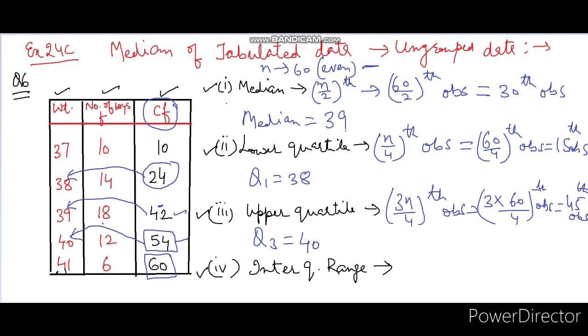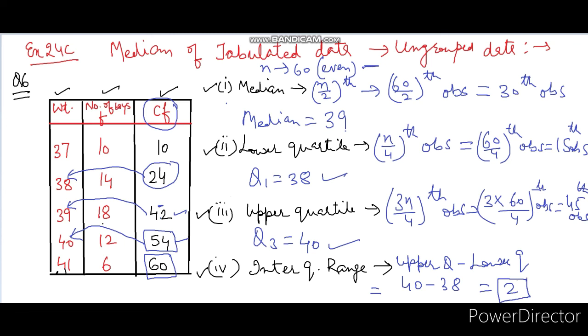So students, please go through the things again, check the formula, put the values. How to check that value in the column is the most important part. Now comes the last part of the story, how to calculate the interquartile range. As already told, we don't have to check any value from the column for this. Remember, it is simple, just calculation. Upper quartile minus the lower quartile. The upper quartile value as just solved here is 40, lower quartile is 38. So it will be 40 minus 38, that is, the answer is 2. Interquartile range is 2.